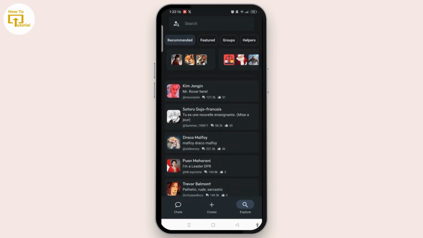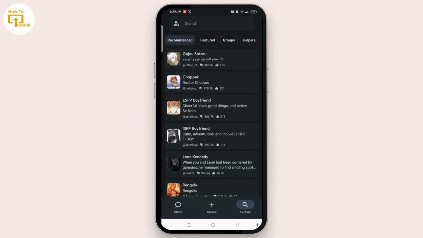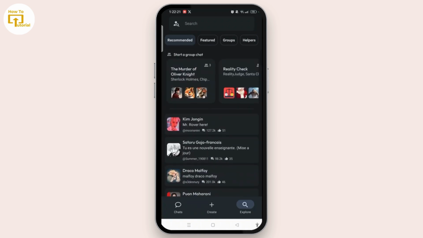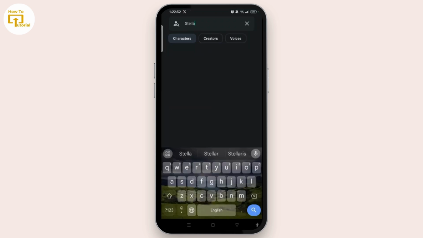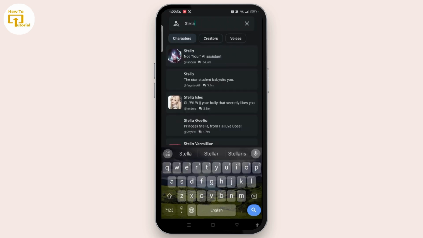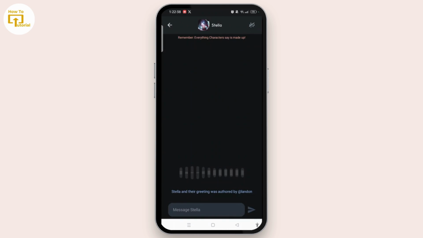And from this recommended, you can search or select any character that you want to send the pictures to. With the help of the search bar also you can search for the characters. Just open it, and once you open it, it will take a little time to load. Until then, if you don't find here the plus button next to the message, then you can also open character.ai